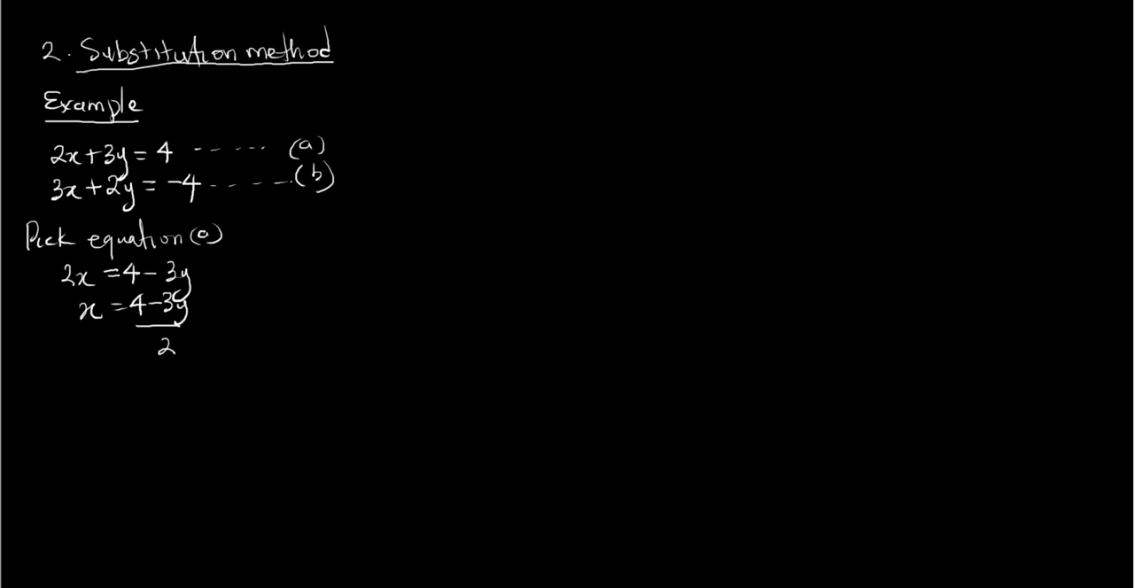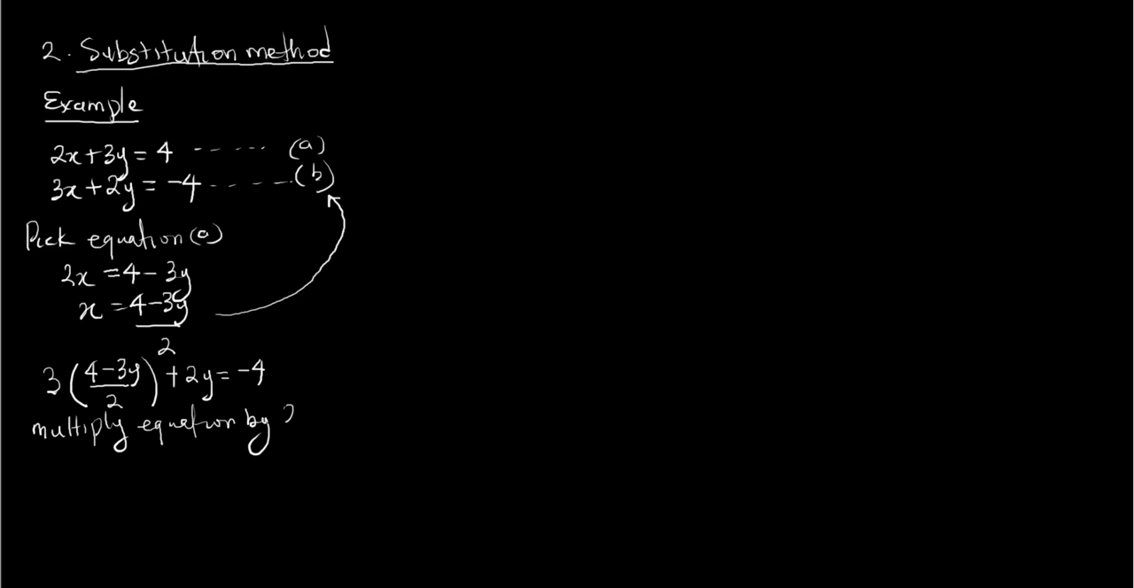Now that we know this, we can substitute. You cannot substitute into the same equation, right? You have to substitute into the second equation. So if we do that, we're going to get 3 into 4 minus 3y divided by 2 plus 2y is equal to minus 4. So you can see that this has a fraction and we want to take that out. So what's the easiest way to take the 2 out? We just multiply the equation